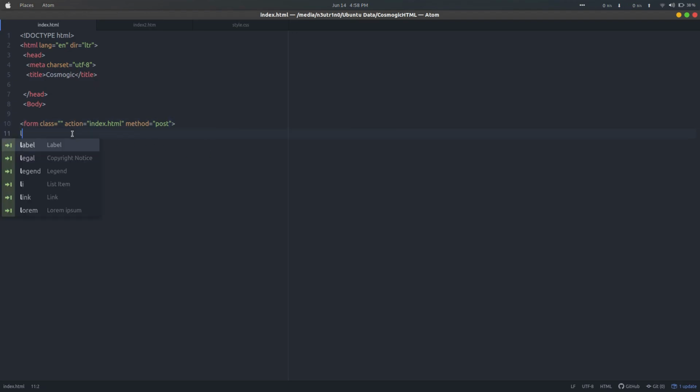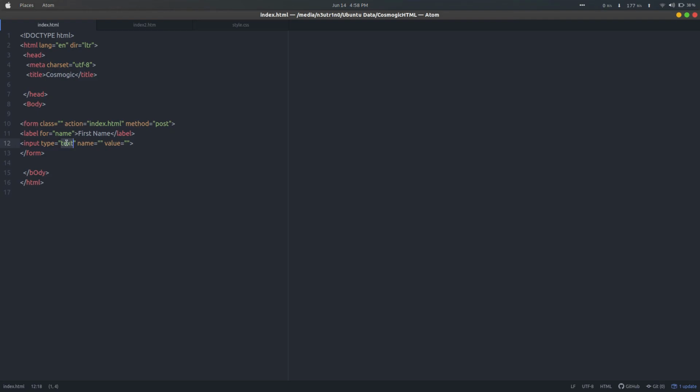It has tags like label for name, and like first name, and second we have input types. We have different types of input like text, radio, we can use radio buttons also, and type submit button.